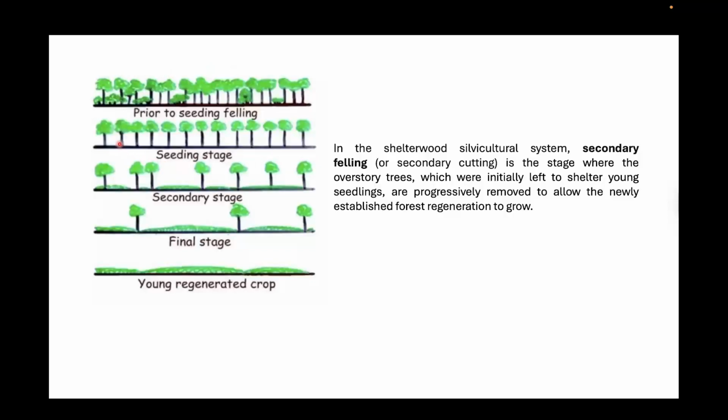Then in the seeding stage, you first remove all the undesirable trees, the trees that are not putting on increment, trees that are showing diseases or parasites, and you prepare the stand for regeneration. Then in the seeding stage, you keep the best seed producing and seed dispersing trees in your stand and remove all other trees. And the secondary stage is when, after the seeds have germinated, the seeds are in the growing phase,